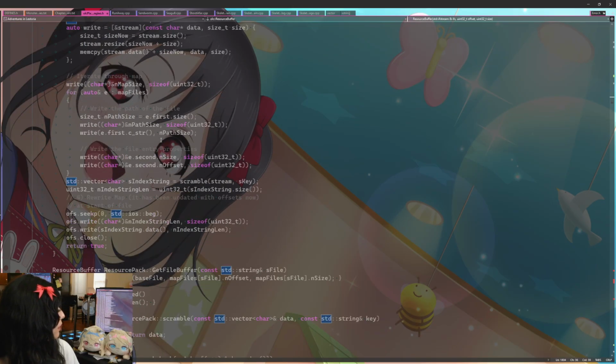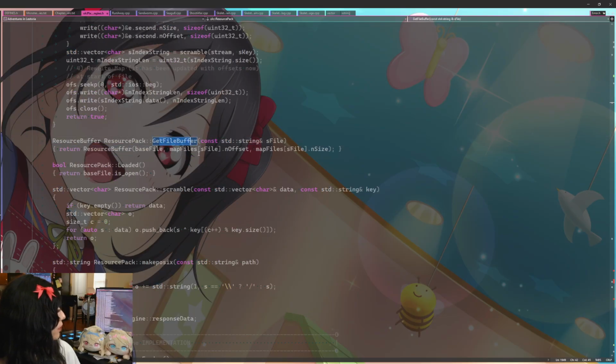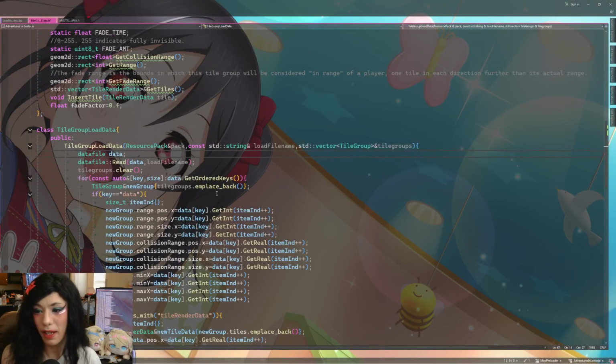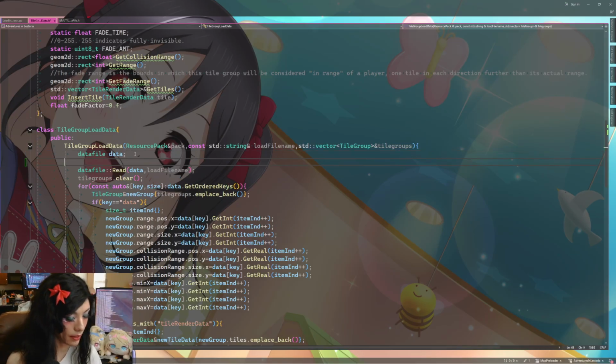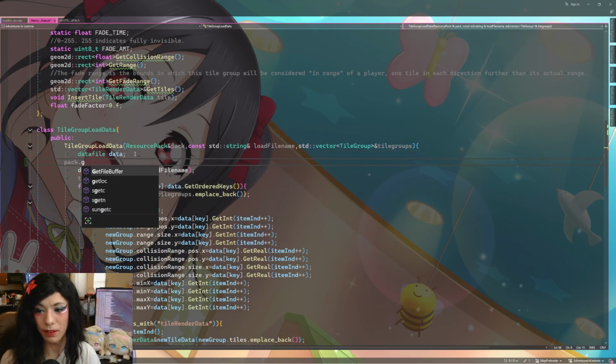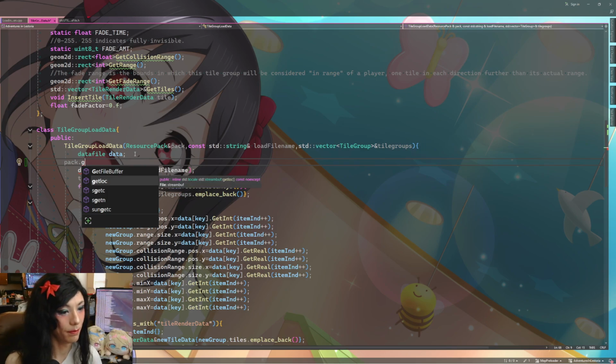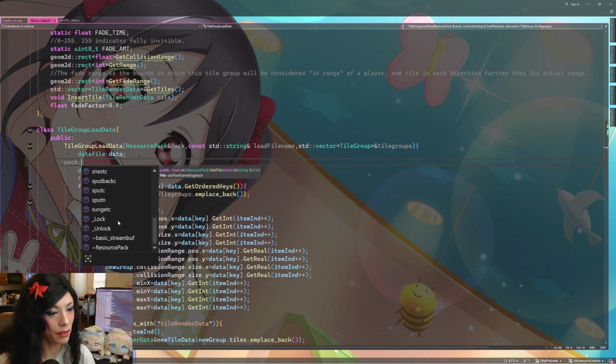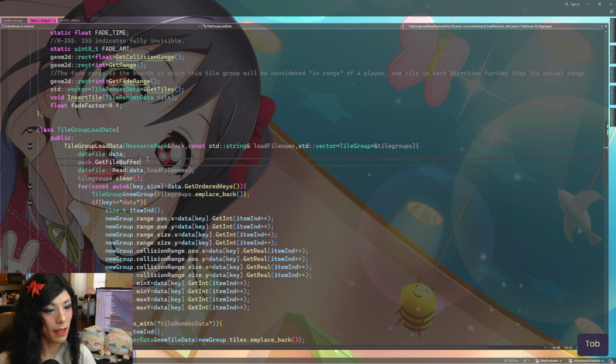So I'm looking here. Get file buffer. That's probably what we need to do, because we don't actually have our own built-in loader. We have to utilize a loader from that. So essentially we're going to populate this file by reading the file buffer and putting it into another file that we load up. So it's going to be something like pack get file buffer. I don't know if there's anything else in here we could really use. I'm pretty sure that's the correct play. We do pack.get file buffer,